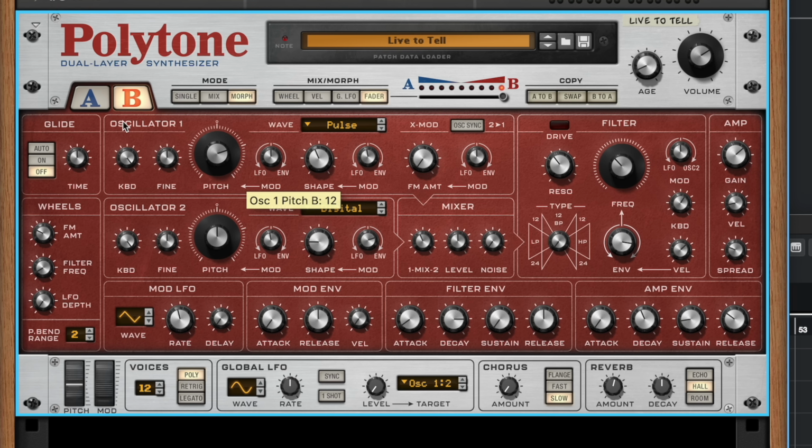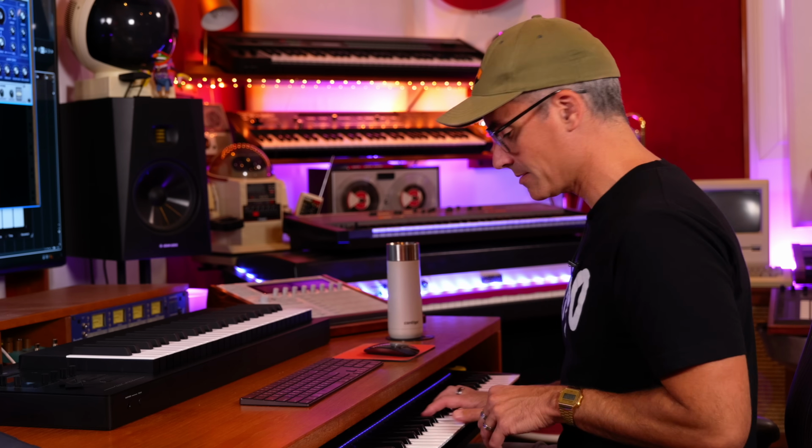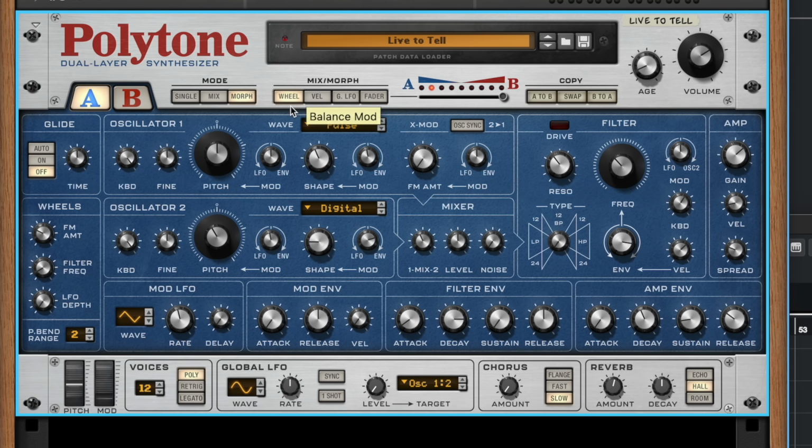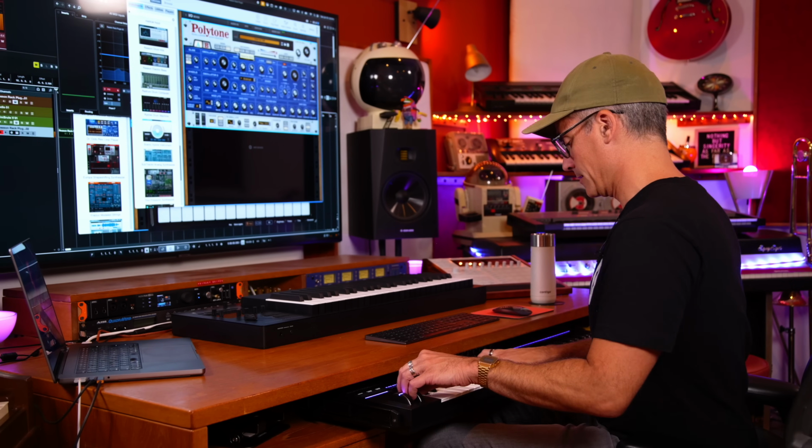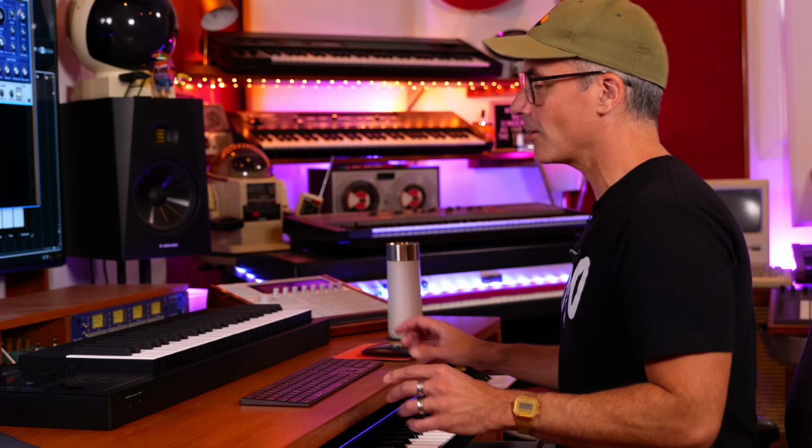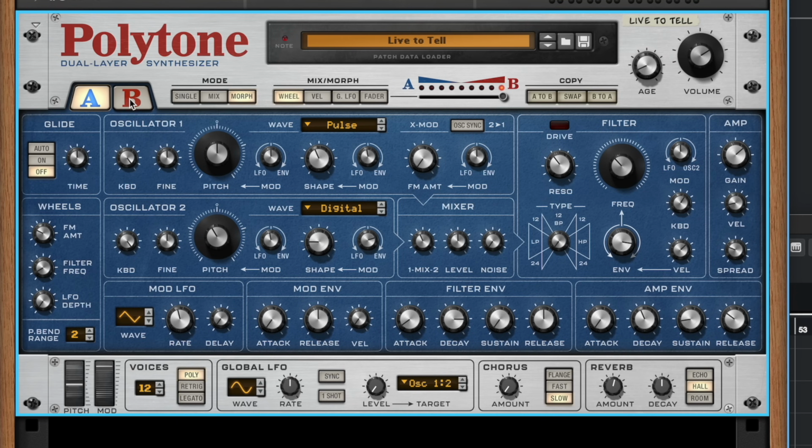So he takes it up an octave. So now watch what happens when we morph between them. So it's kind of like pitch bend, but now let's set this morph thing to wheel. So you think, okay, well, that's just kind of like pitch bend,